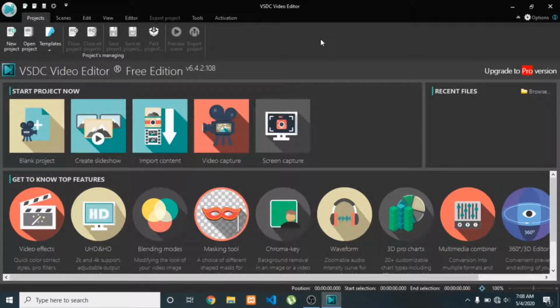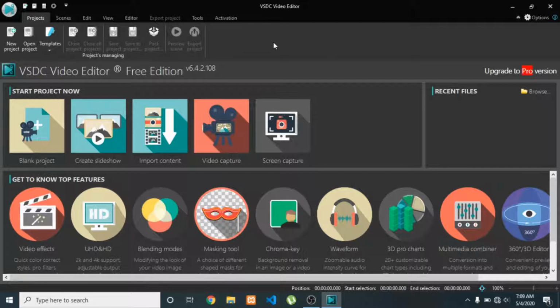Because this video editor gives you the option of no watermark. If you talk about Filmora, and other software in the name of free software, they just give you a watermark on your video after exporting the video. So to get rid of that, I am using this VSDC video editor. Previously I have used Filmora video editor, but that one is free in name only. They just ask you to pay in order to remove that watermark.